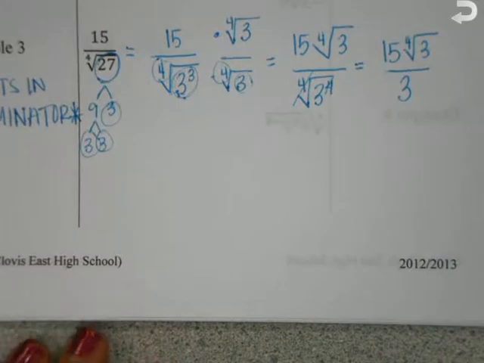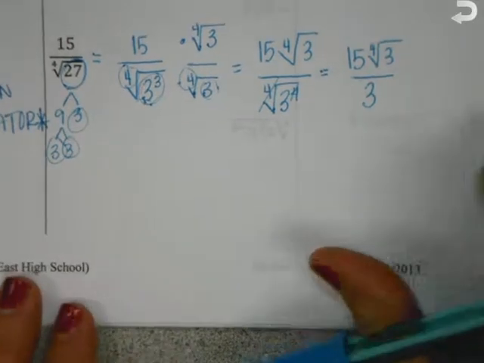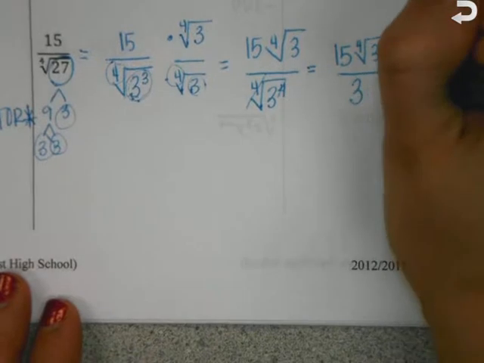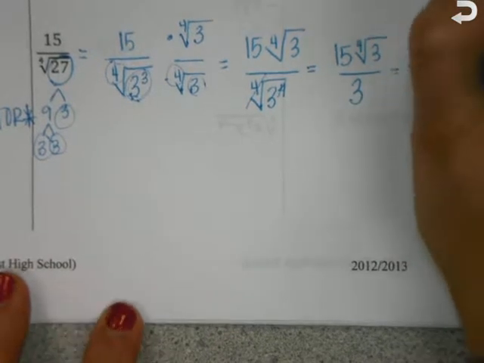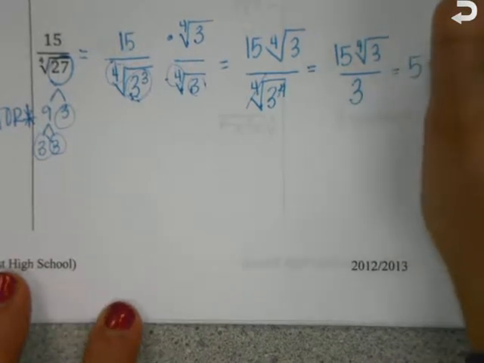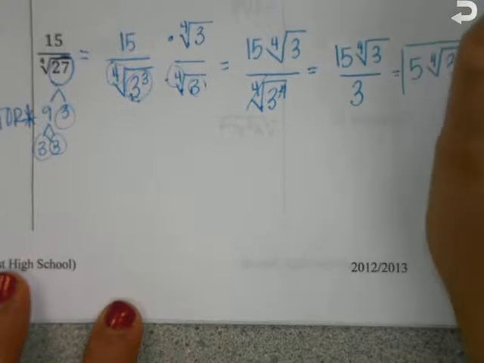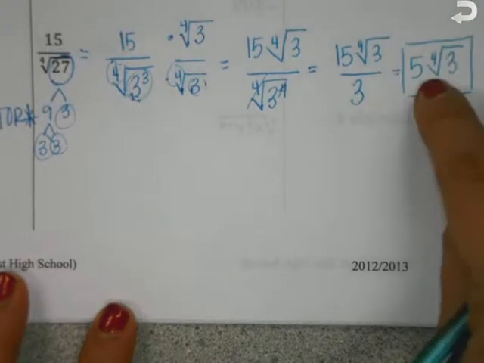And can I simplify it all? Yes. 3 goes into 15 how many times? 5. So this is 5 fourth root of 3. It's not a square root, it's still a fourth root, so you still have to write the fourth root. But we can simplify the